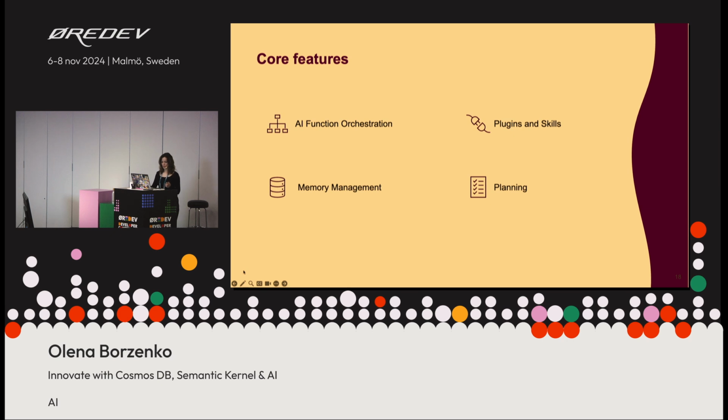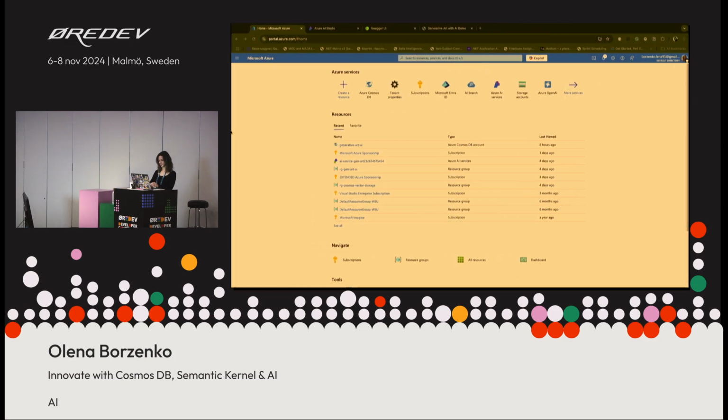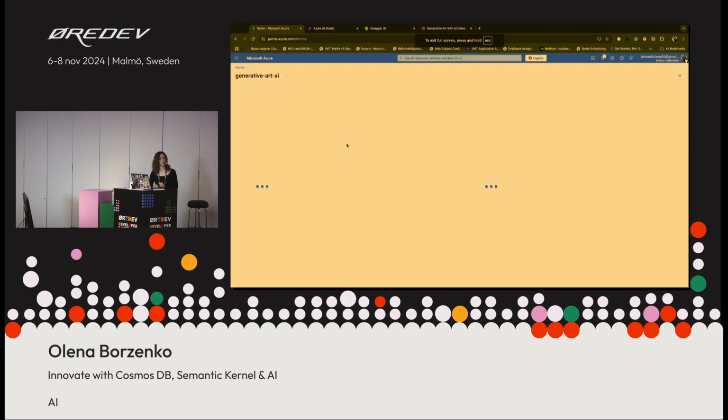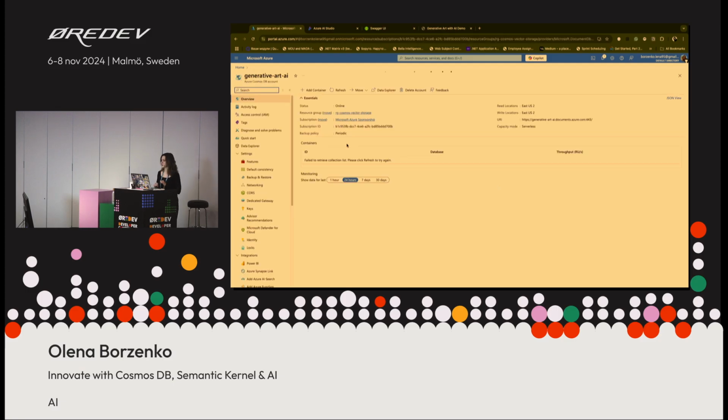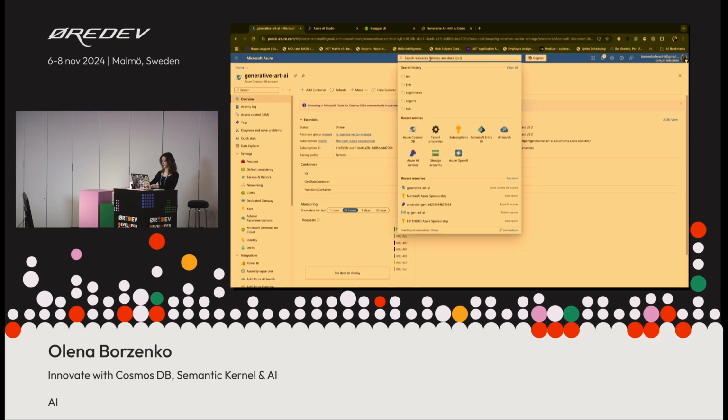So let's go into the demo. I want to show everything quickly on the UI. Mostly I want to show Cosmos DB, how it looks when we actually configure the vector capabilities. So I create the...